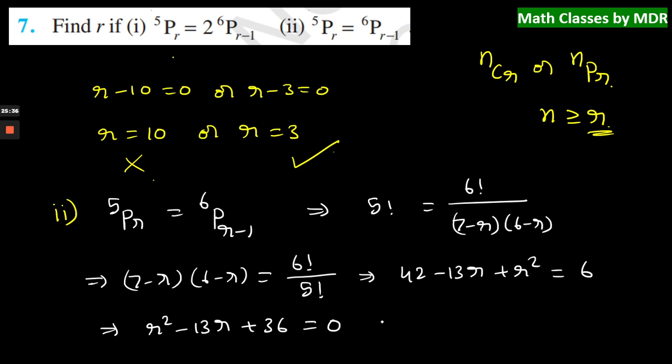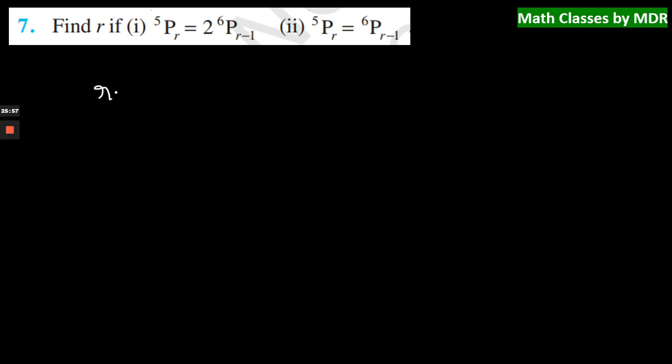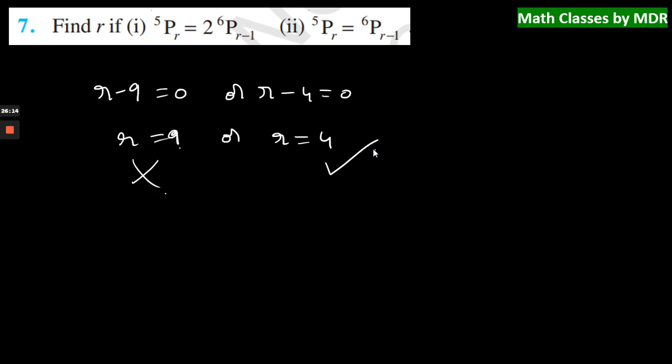So now here what are the factors? We have (r minus 9) into (r minus 4) is equal to 0. How to factorize these quadratic functions? Again you can watch my video on quadratic equations, the factors of quadratic functions and solving quadratic equations. Right? So r minus 9 is equal to 0 or r minus 4 is equal to 0. Either r is equal to 9 or r is equal to 4. Again the same problem here. If you take r is equal to 9, it will be greater than 5, so r is equal to 9 cannot be the answer and r is equal to 4 must be the answer. I hope you got it.